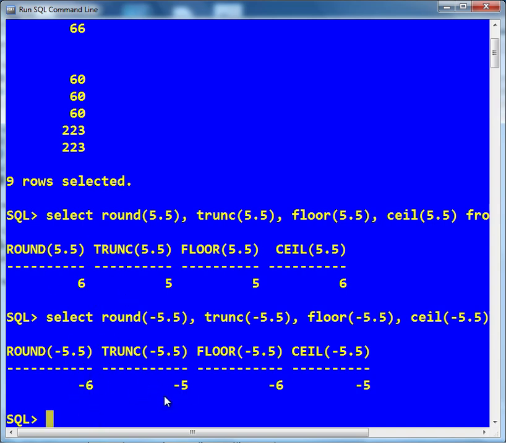Trunc of minus 5.5 is minus 5. Floor of minus 5.5 is minus 6. Ceil of minus 5.5 is minus 5. Ceil means it goes for the upper value, so between minus 5 and minus 6, minus 5 is the upper value. Floor goes for the lower value, so between minus 5 and minus 6, minus 6 is the lower value. Many times questions are asked on this concept.